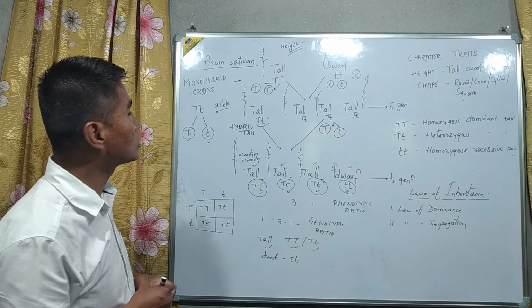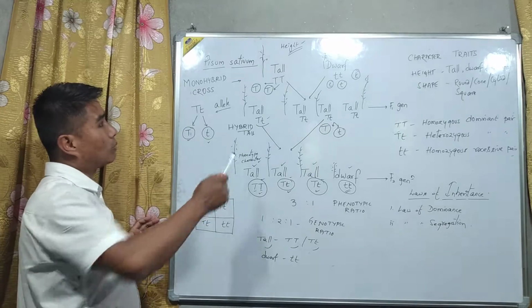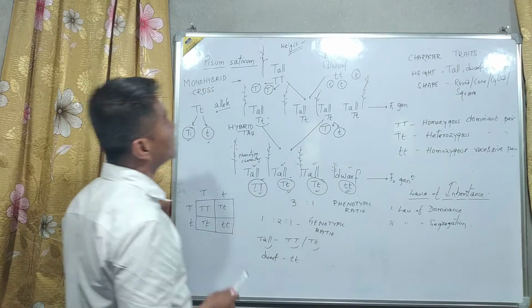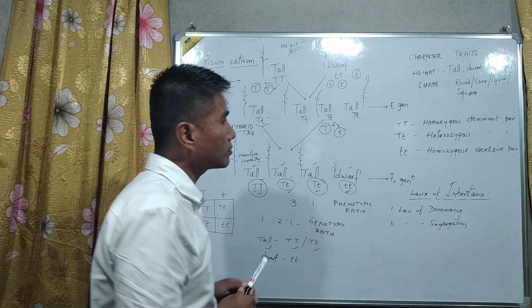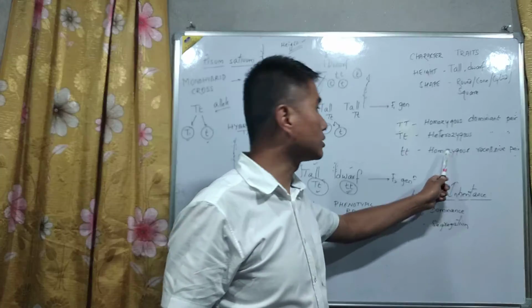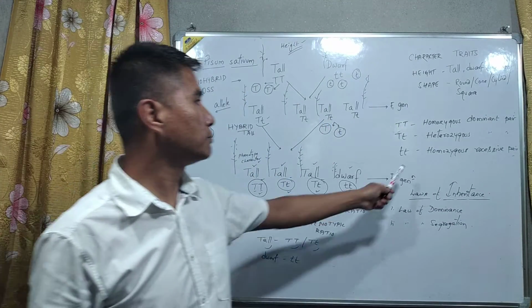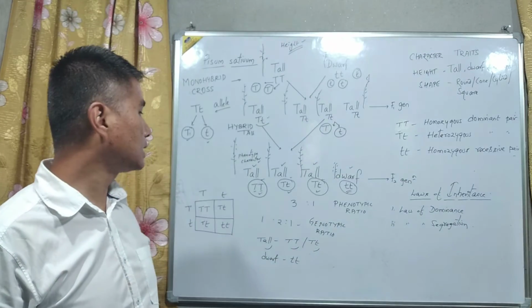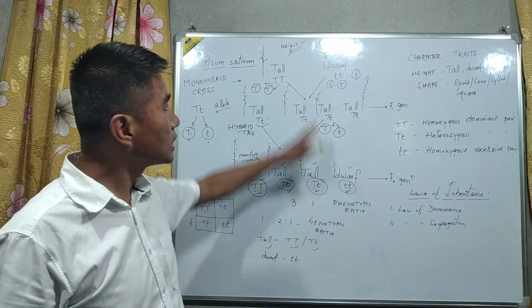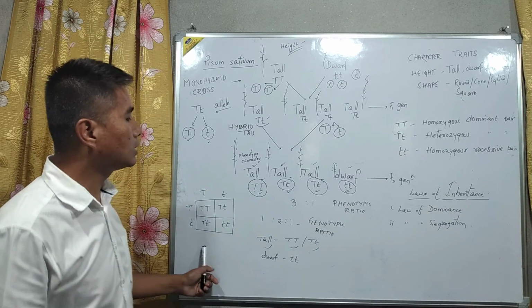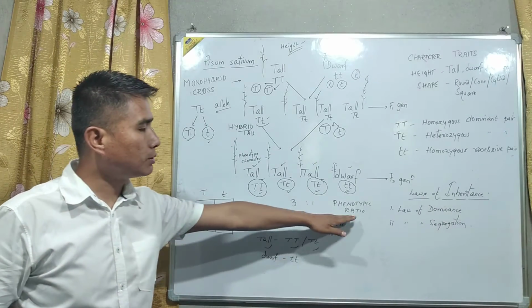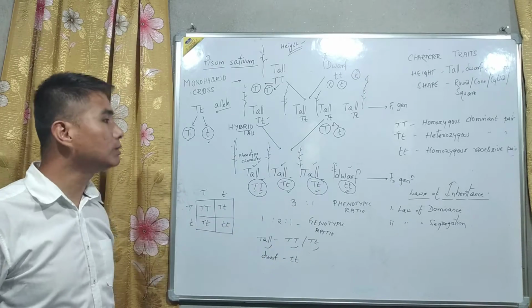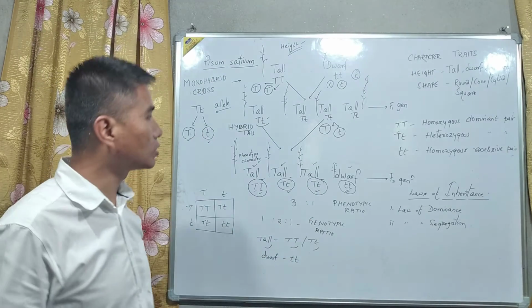So dear students, can we go through it? The question might come: what is a monohybrid cross? What is an allele? What do you mean by homozygous, heterozygous, or recessive? Homozygous recessive pair. This might come in the law of dominance or segregation. You might have to write, or a question might come regarding this monohybrid cross, or you have to show a Punnett square. What do you mean by genotypic ratio, phenotypic ratio? What is the phenotype? What is genotype? All these might come. So kindly go through it.